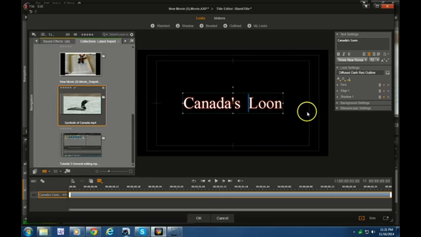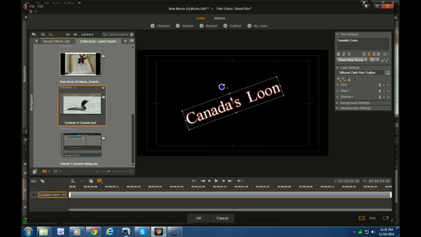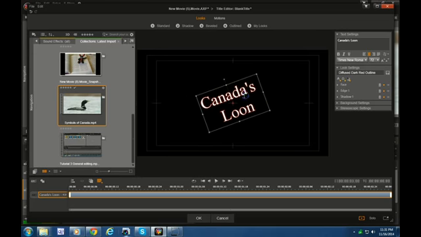Now, I can decide where I want this text. If I want the text to come right where it is, it's going to block the loon out a little bit because it's going to be right across the center of the loon. If I move the text around or even go to here, you can see there's a little button here, and you can spin the text. I could spin it this way or that on the film footage, maybe even put it up in the corner. And if I want to make it smaller, all I have to do is go to the resize box, and I can